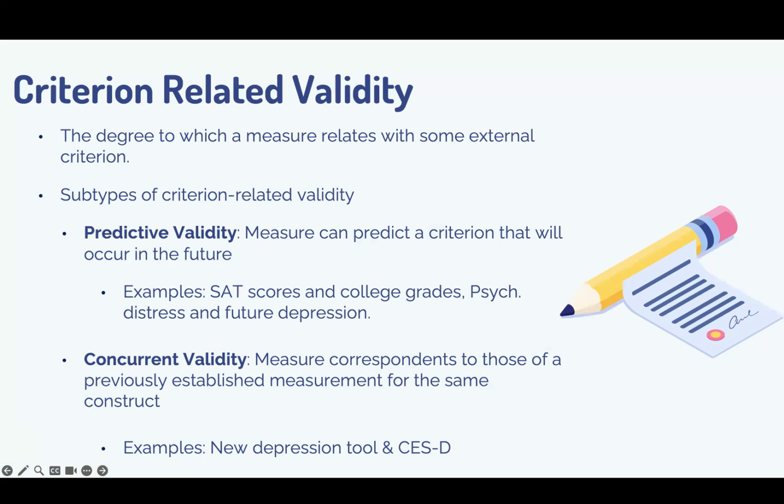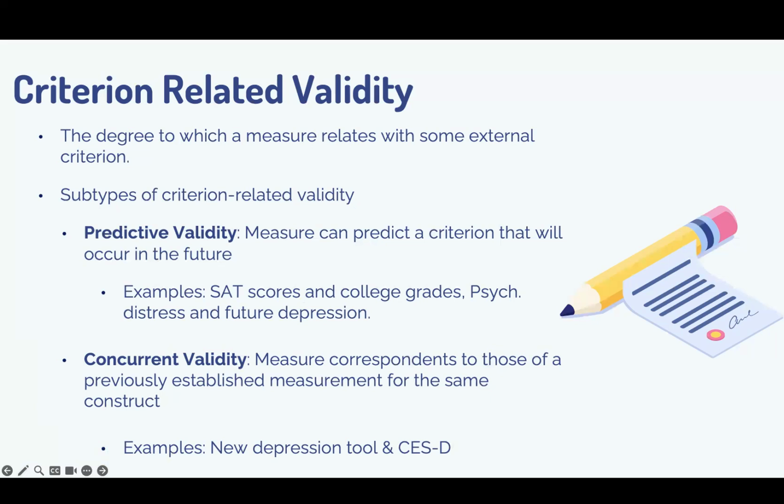Another is concurrent validity. What does it mean? It means you compare a new measurement or a new scale to an old, reliable one. So think about this. You've got a fresh new quiz to measure depression, and you want to see if it is still as good as the CES-D, a test that has been around for years. So you check to see if both give similar results for the same people at the same time.